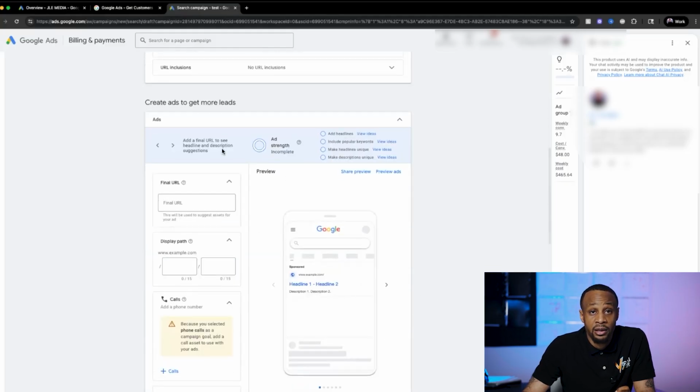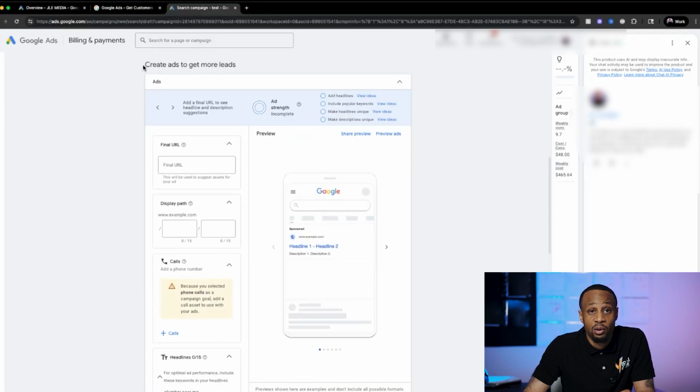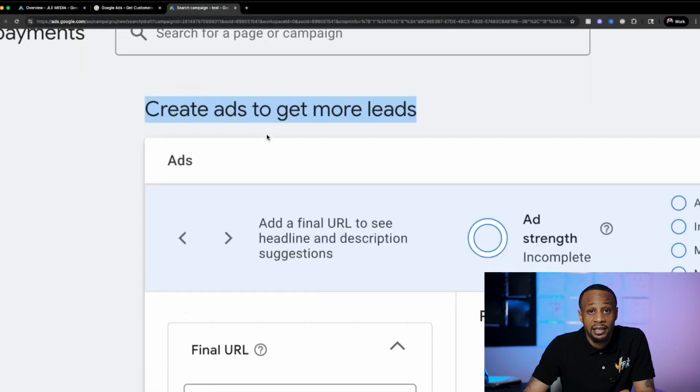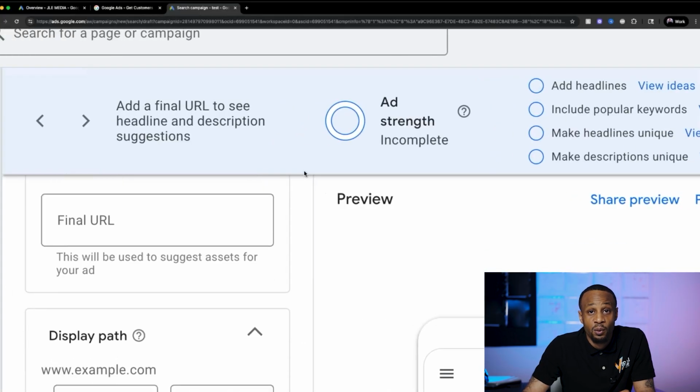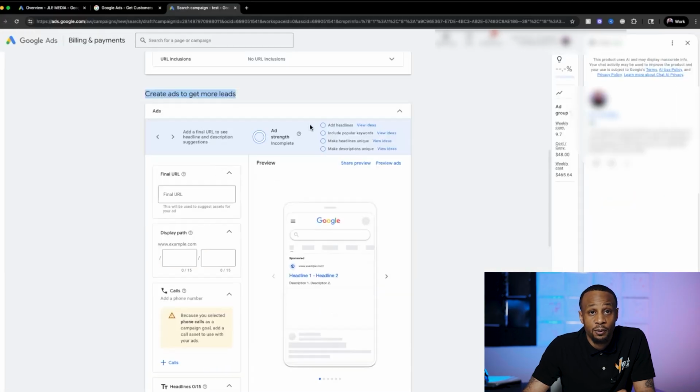Now I'm scrolling down, and this is where we go ahead and create more ads to get more leads. If you want to go ahead and fill this out as much as possible, I would say don't worry too much about ad strength. It's going to be fine. You don't want to worry too much about what it's telling you. From our experience, we want to make sure that we do all of these things correctly, make sure we have good headlines, make sure that we take up a good amount of real estate so that we have a higher